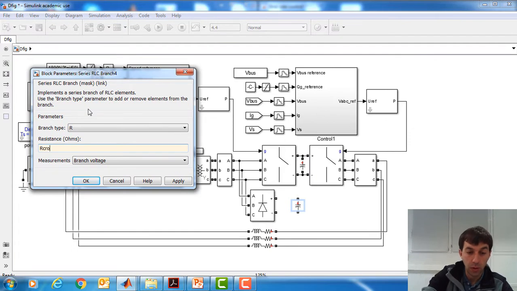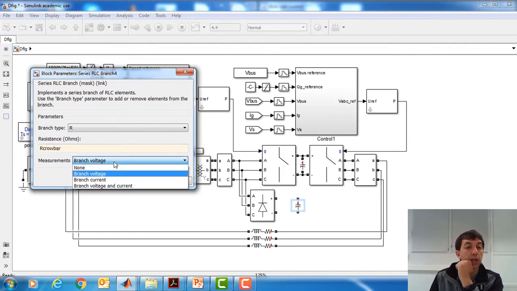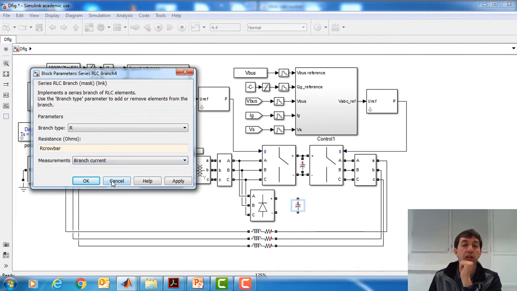R crowbar, and here we will choose branch current in order to be able to see it,